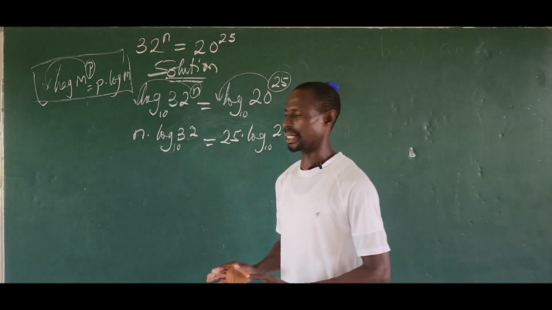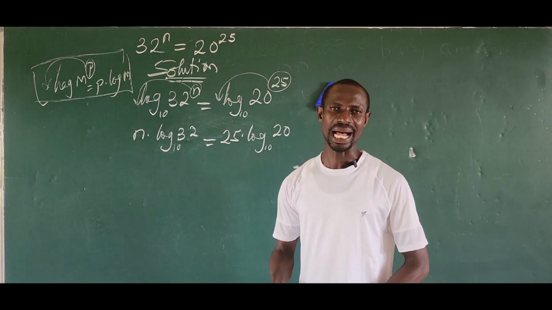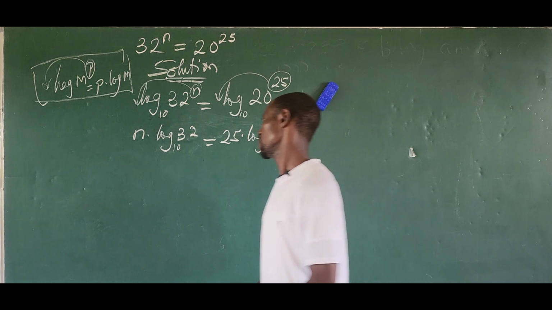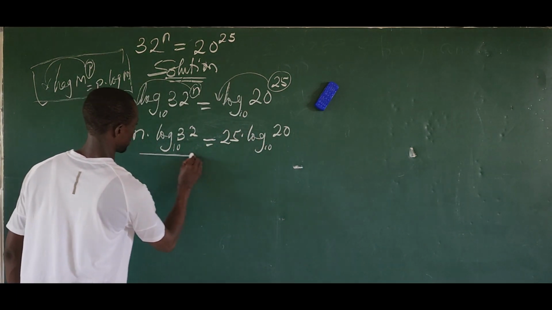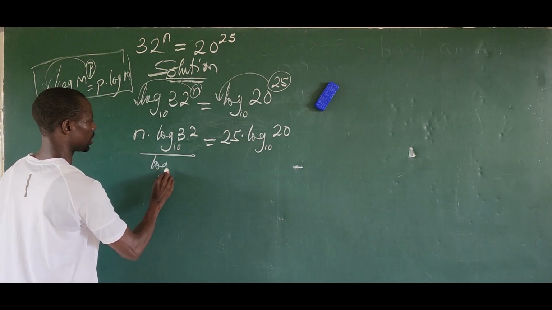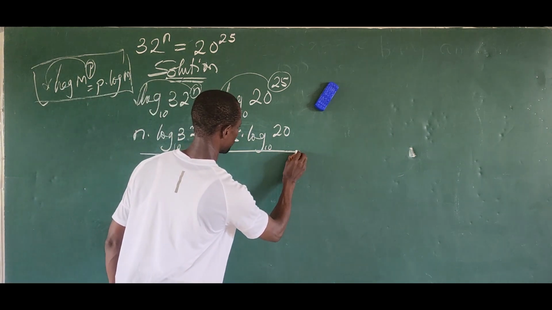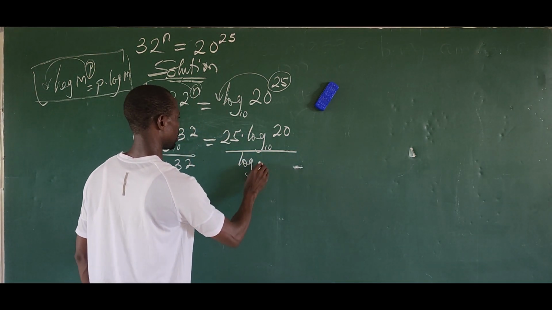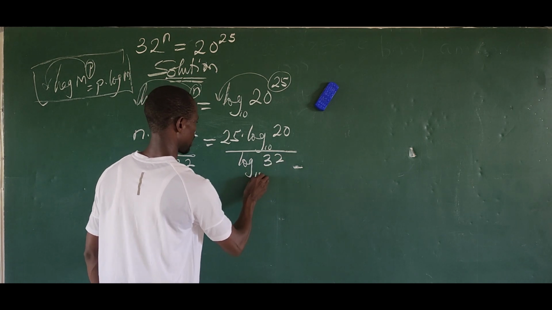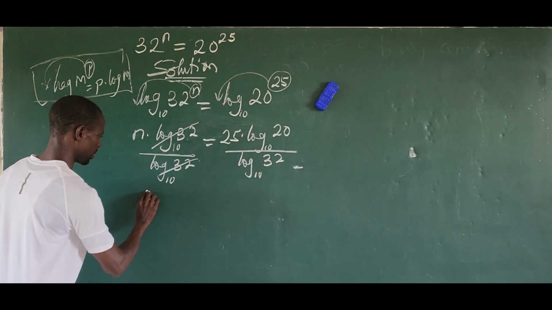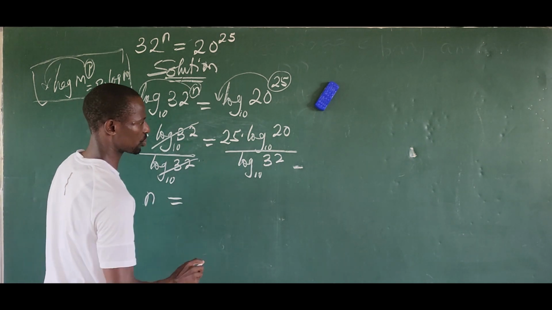We're looking for n. So to make n stand on its own, we just have to divide by log 32 base 10. So let's divide both sides of this equation by log 32 base 10. Equally do the same to this side, which is log 32 base 10. This and this leave the system. So we now have n will now be equal to